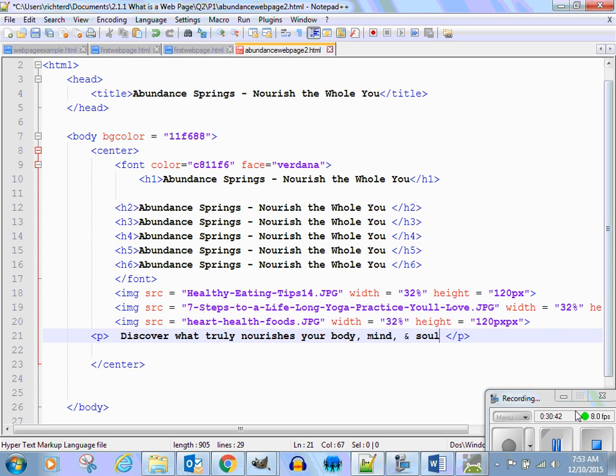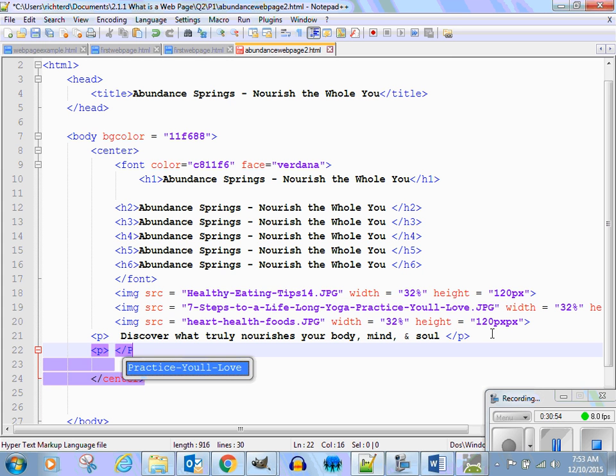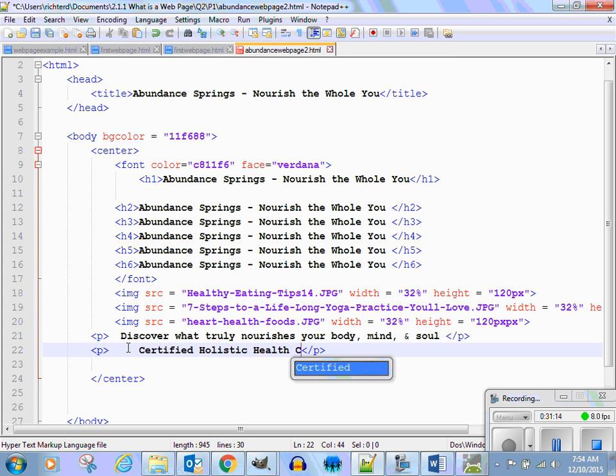And then down here she wanted another paragraph. Okay, so I just started another paragraph and I end the paragraph. Okay, and then this will also be centered because it's inside the center tag, and I could do like certified holistic health coach, and